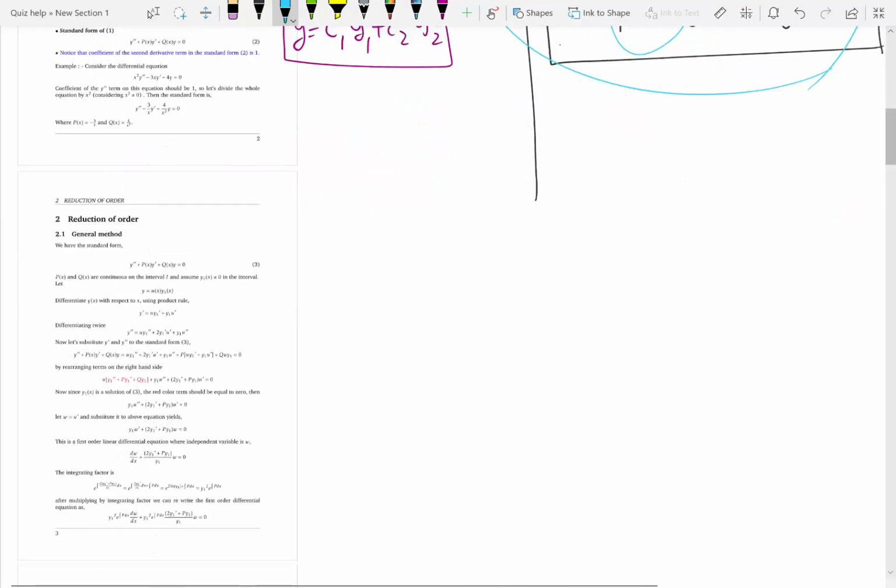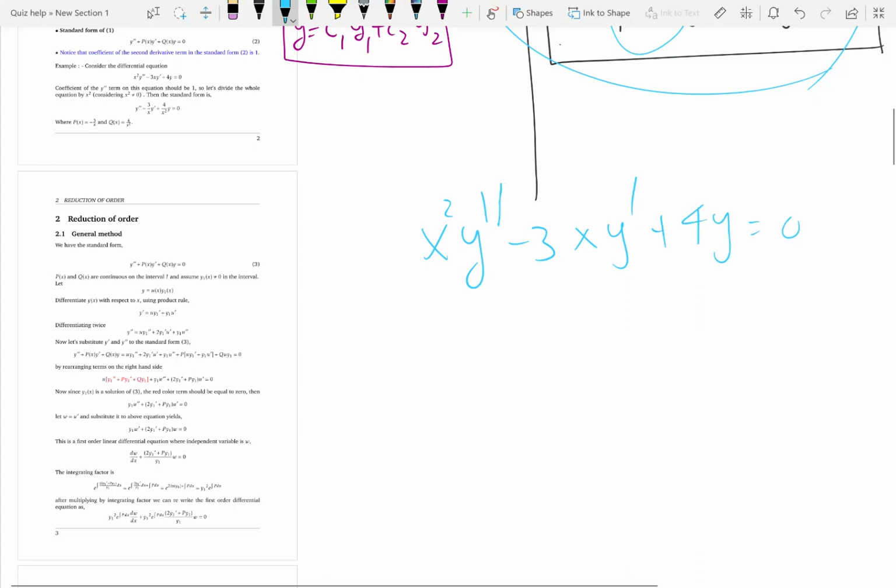Take x squared y double prime minus 3x y prime plus 4y equals 0. What should we have? The coefficient of y double prime to be 1. Here we have x squared, so let's divide the whole equation by x squared